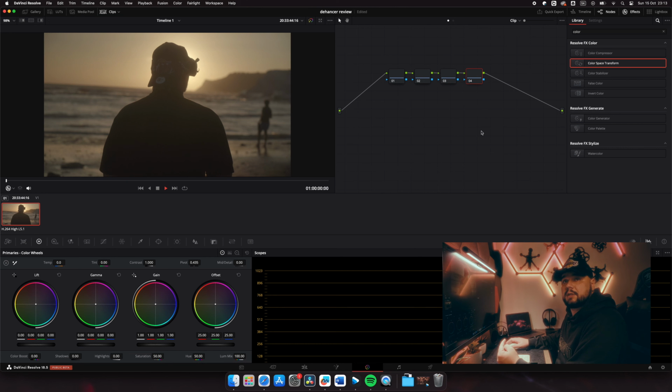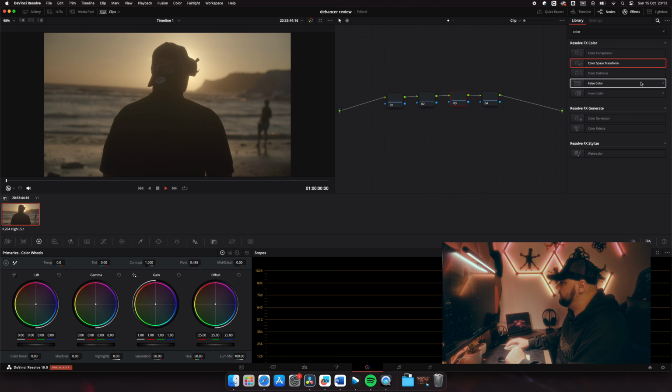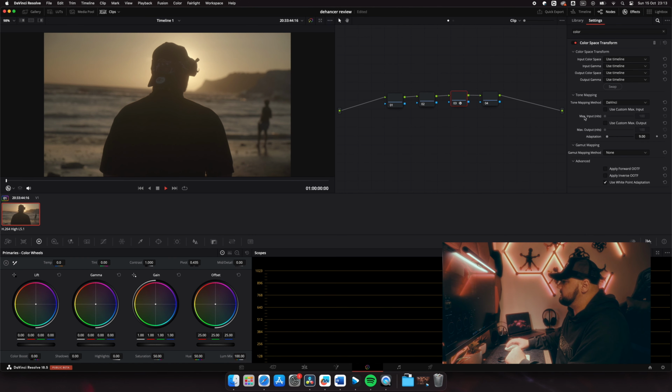Alright guys, so I'm in the color tab of DaVinci Resolve. Dehancer says in their manual and on their website that you should always put Dehancer on the last node. The ones that you have in front of Dehancer can be used however you like. What I mostly do is I put the color space transform here. So let's get this here, and I will add Dehancer later, but this was shot on Sony